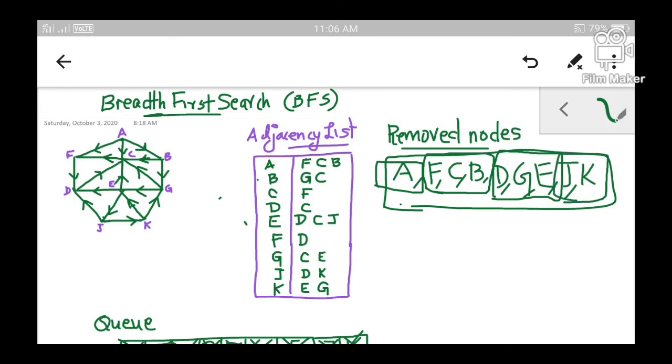So here breadth first search visits the nodes of the graph level by level. It visits all the nodes in a particular level, and only then it proceeds to the next level, and again it visits all the nodes in that level and then proceeds to the level just below it. So breadth first search is clearly